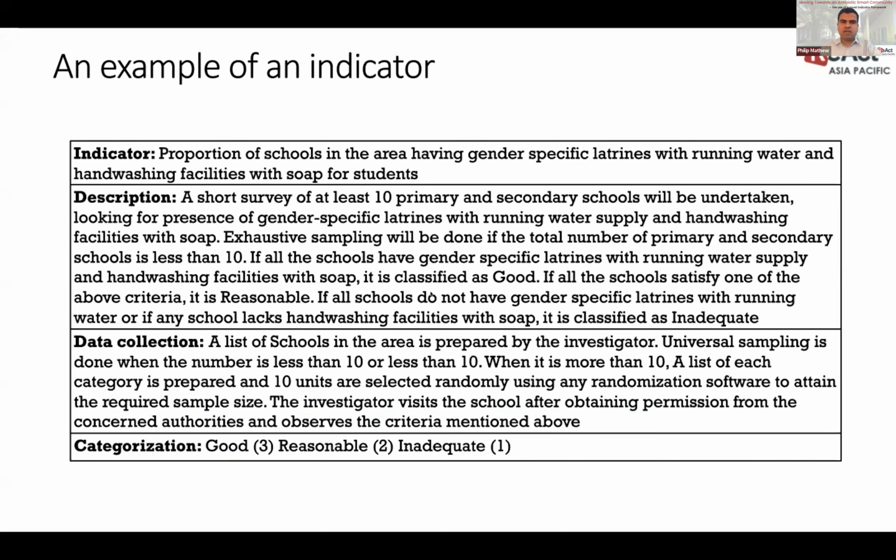So there is a description attached to each indicator about how to measure it and how to categorize. And there is a recommended data collection process also. Some of them have a sampling methodology attached to it. In this case, it's an exhaustive sampling because usually communities are on the smaller size, and sometimes we have to include all of them in the sampling process. And there is a categorization recommendation also. And then there is a short description of the rationale for inclusion in the indicator framework. This particular indicator, how does it fit into the larger scheme of things regarding measurement of the AMR landscape?